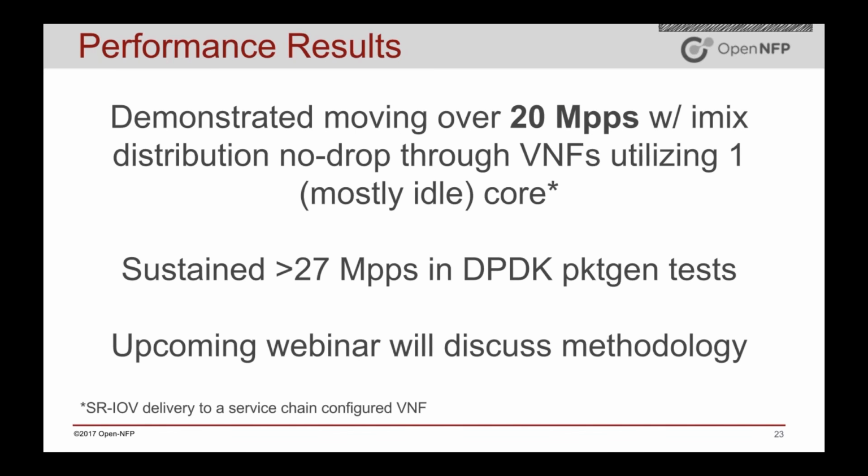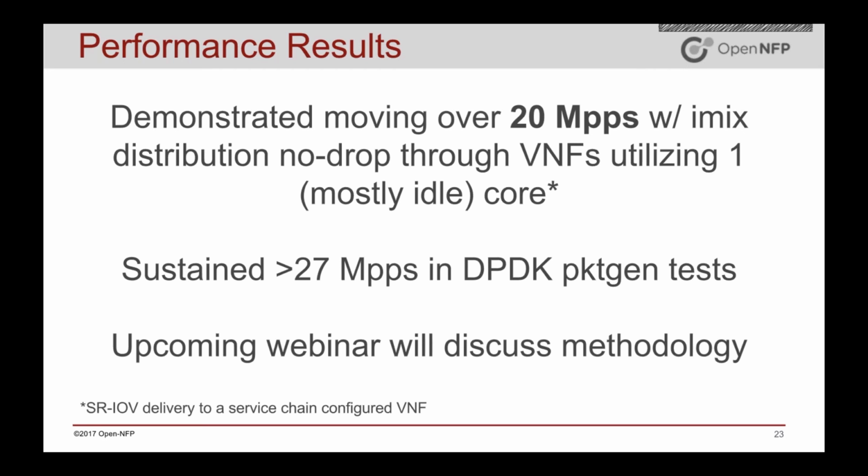We were able to demonstrate in a test that was provided to us by a customer who wanted this as a real-world test that they dictated, including incorporation of external components in the system beyond just our component. 20 million packets per second, no drop performance with an IMIX distribution of traffic going through VNFs, and instead of taking 8 to 10, 12 cores in order to deliver this, which is what it normally would have taken on this compute node, we were able to do it with 1 core dedicated to the system, because in this case